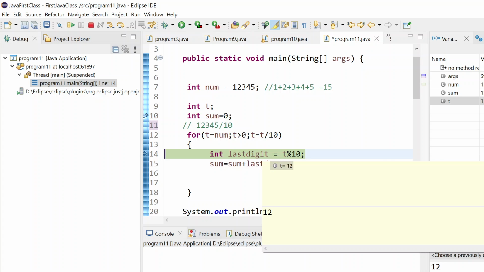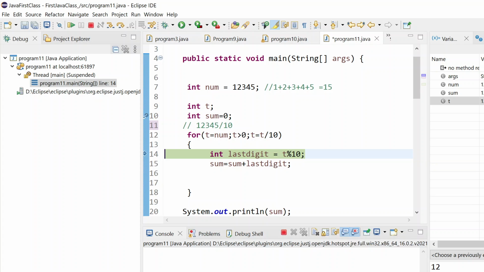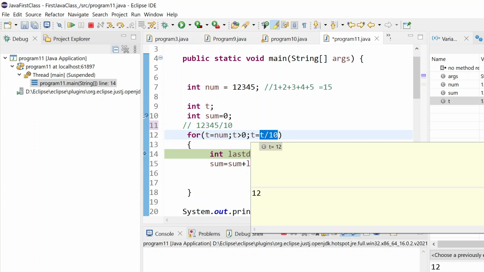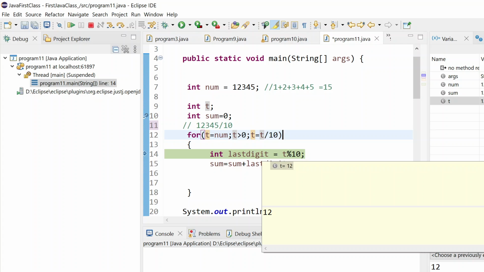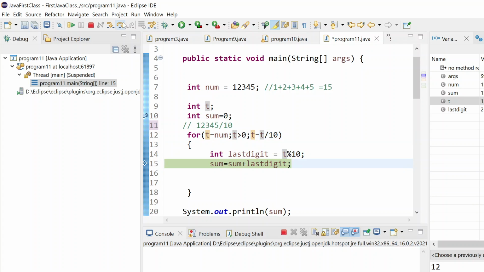Now the reason why the value of t is also changing is that once we are dividing the value, we are assigning it back to this variable t, right? That is the reason you are seeing the changed value. In case you have any confusion, now 12 modulo 10, the answer will be 2, and 2 plus 9, it will be